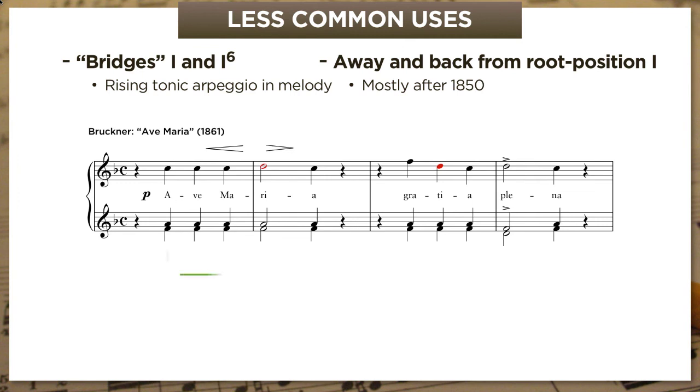So here we've got the upper voices holding a tonic F major triad, and the only thing going on for the first 3 bars is that the sopranos go to a neighbor note D natural twice, here and here. But when Bruckner goes to the same D natural a third time, here he puts a root position 6 underneath, which gives the note a slightly different harmonic color, though I wouldn't say it has any kind of strong harmonic function.